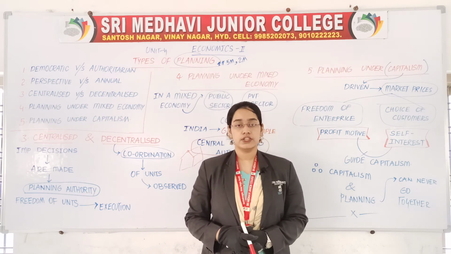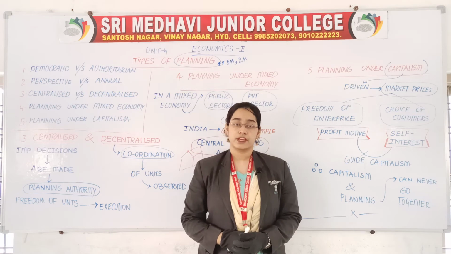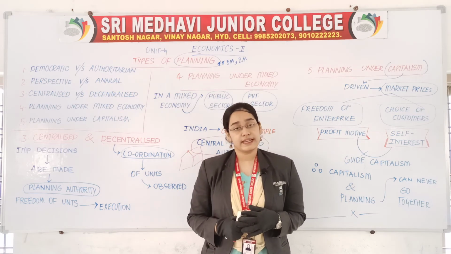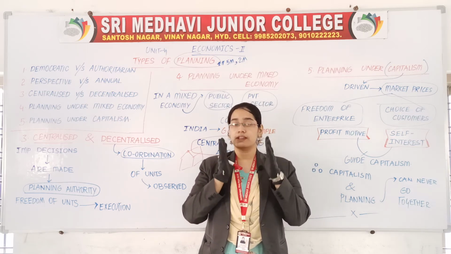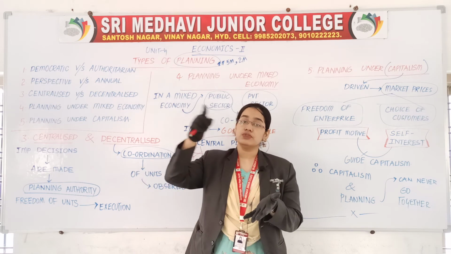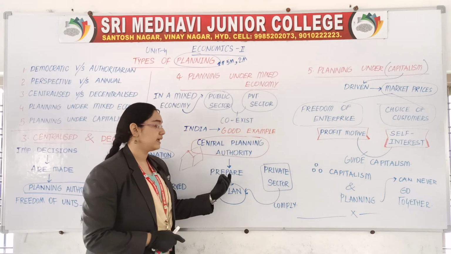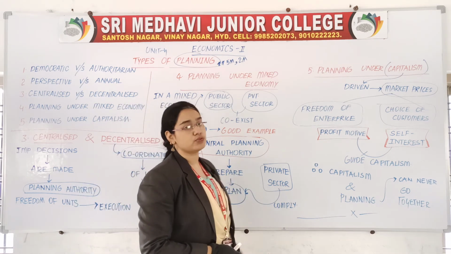If I have told you to write this topic 2 times in your book, and you agree to my point, you will write it in your notebooks. Agree means what? Comply. So whatever work I have given, whatever plan I have given, you need to comply with it. In the same way, the Central Planning Authority will prepare a plan and the private sector needs to comply